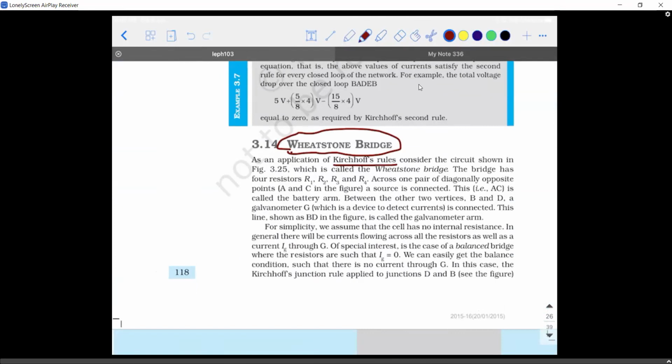So you can ask me, what exactly does a Wheatstone bridge mean, and how exactly is it used in our real-time applications? Okay. See, suppose